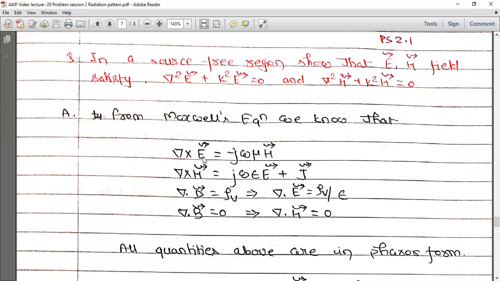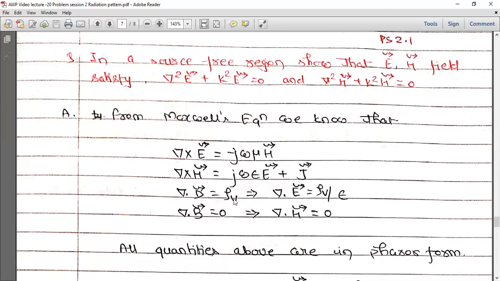What is E? E is the electric field intensity phasor. H is the magnetic field intensity phasor. J is the current density phasor. D is the displacement vector. As you know very well, these four equations are given by four renowned scientists, and the contribution of Maxwell is to introduce a term known as the displacement vector. This displacement vector combines all these four equations in a single framework, which defines an electromagnetic field uniquely.